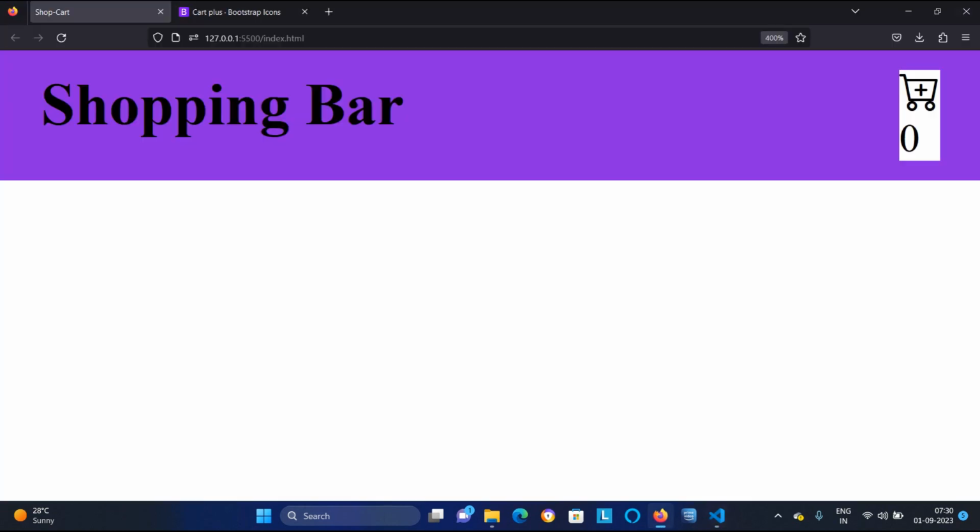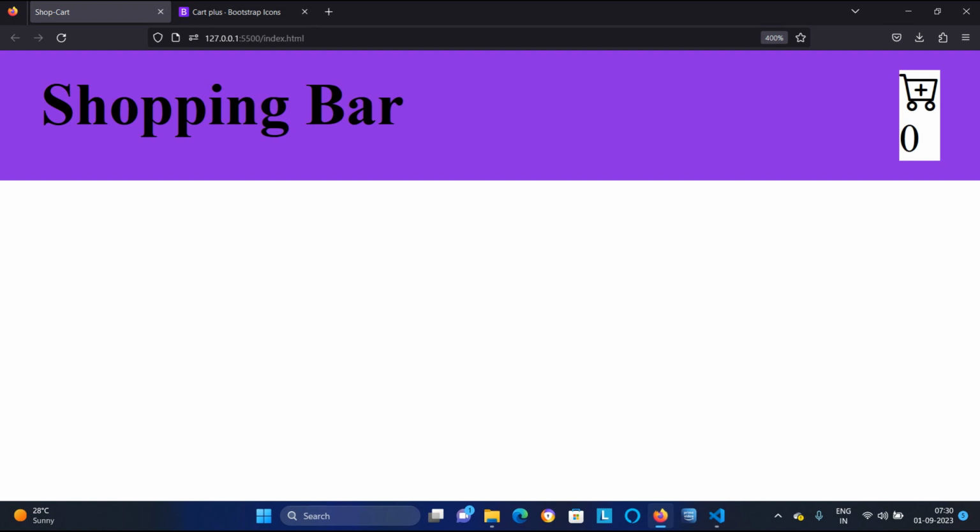Just Control S, go back. Look, now it has taken some padding from top and bottom. It is taking 8 pixel, and from left and right you are looking, it is taking 16 pixel.